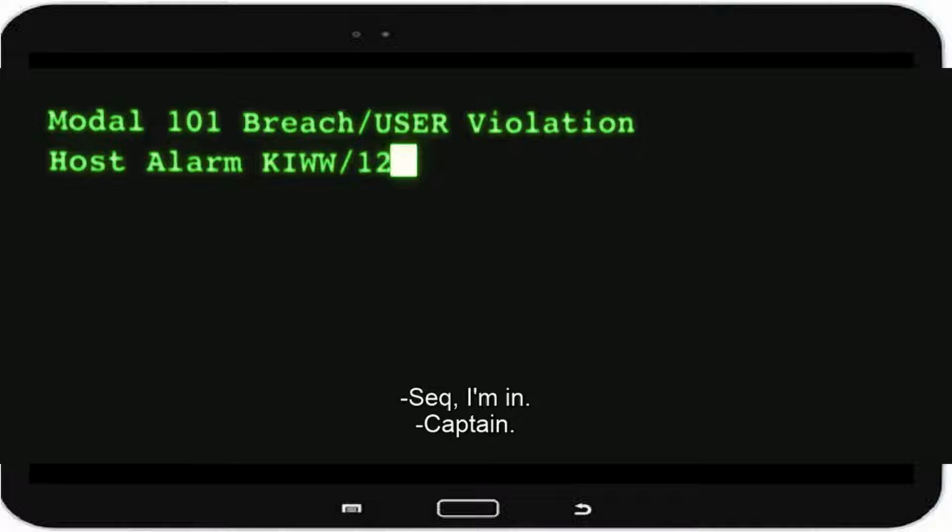We arrive at Modal 101, triggering within us memories of Room 101, Neo's room. At this point, the first question arises: what is a modal? We are now introduced to our first two characters, Seq and a captain. These are voices that we do not recognize from previous versions of the Matrix.